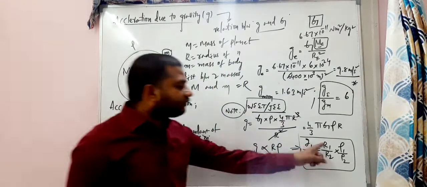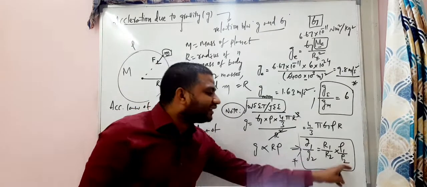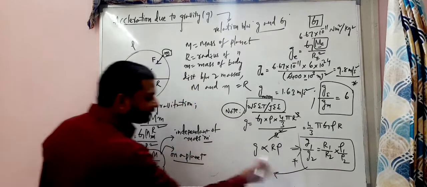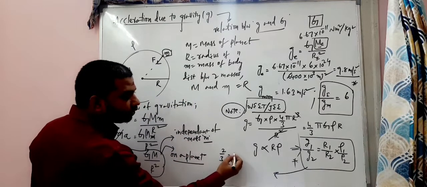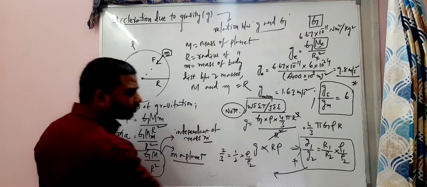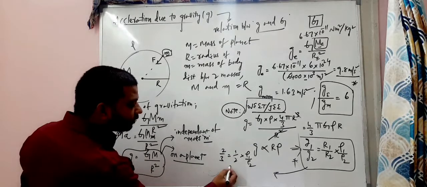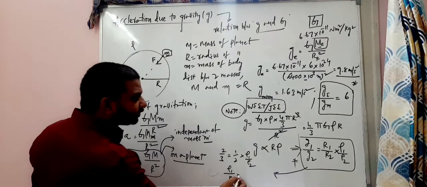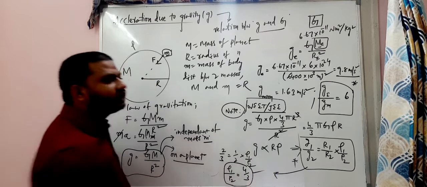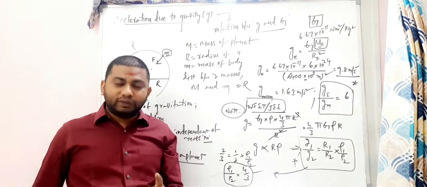Okay, so based on this, a question was asked. They have given R1, R2 values, G1, G2 values, and they asked you to find the density values, my dear students. And in each case, for example, this is 2 by 3, suppose, and this is 1 by 2, suppose. So can you find rho 1 by rho 2, my dear students? Rho 1 by rho 2. And this rho 1 by rho 2 is how much from here? So rho 1 by rho 2 is equal to 4 by 3. This kind of question was asked in the NEET and JEE exam. So both expressions are important.